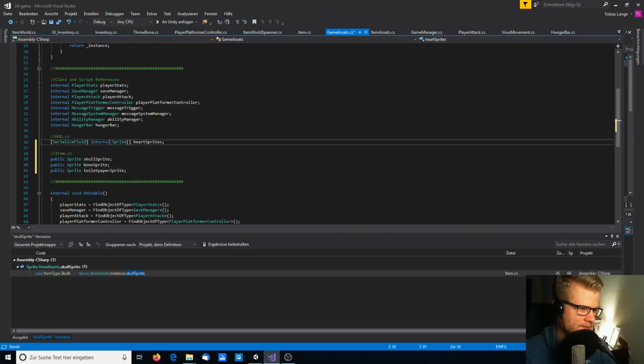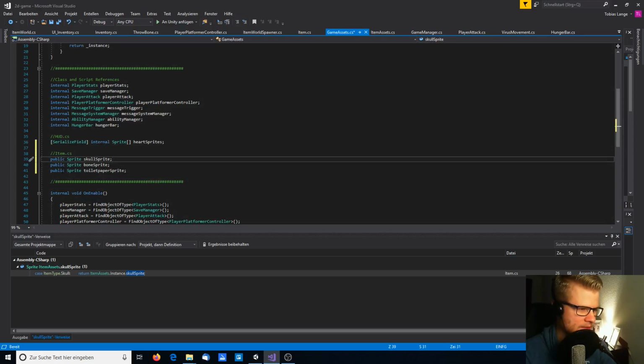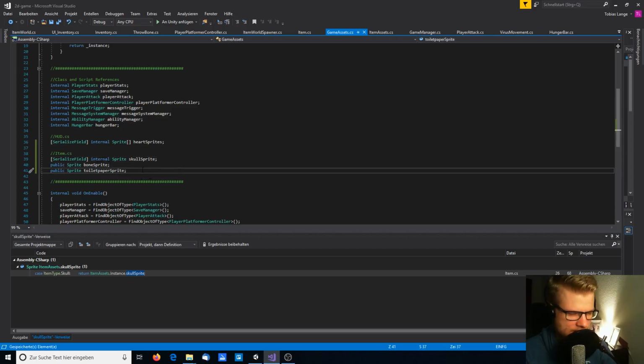I know I have to keep them public. I remember I have tested this in the past. Tried to use a serializable field internal. I will take it for one so you can see. I was getting some errors and I wasn't able to find the internal sprite, but yeah, I will test it again. Alright, so I got this here,